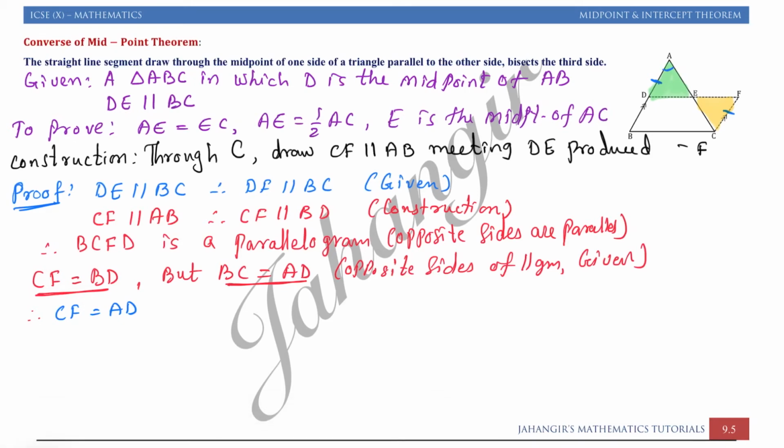This angle is equal to this alternate angle, vertically opposite angles, and one of the sides is given. So we can say the triangles are congruent. So in triangle AED and triangle CEF,